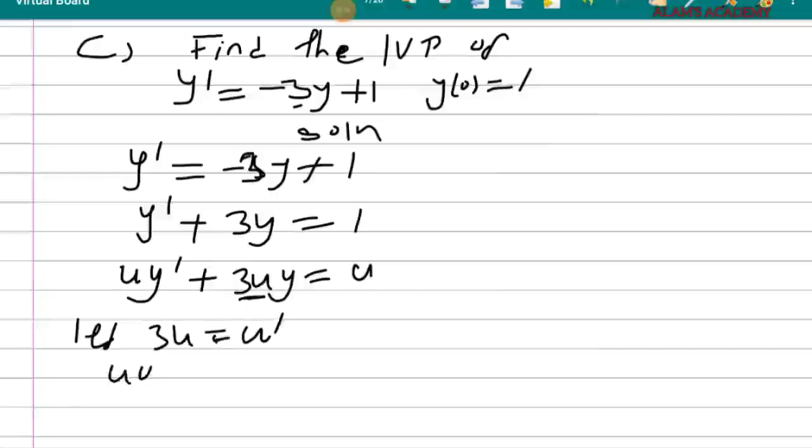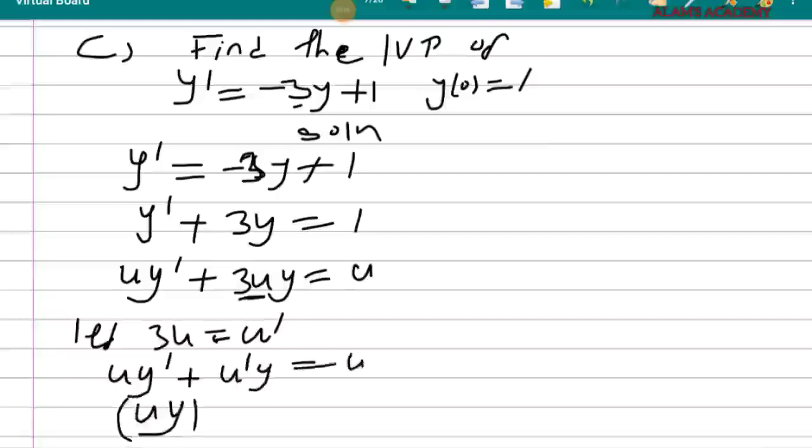So u prime y plus u prime y is equal to u. I can now factorize everything inside one bracket and call it a prime. It's equal to u. So we'll say this is equation 1. Maybe this is star. Okay. Now from here